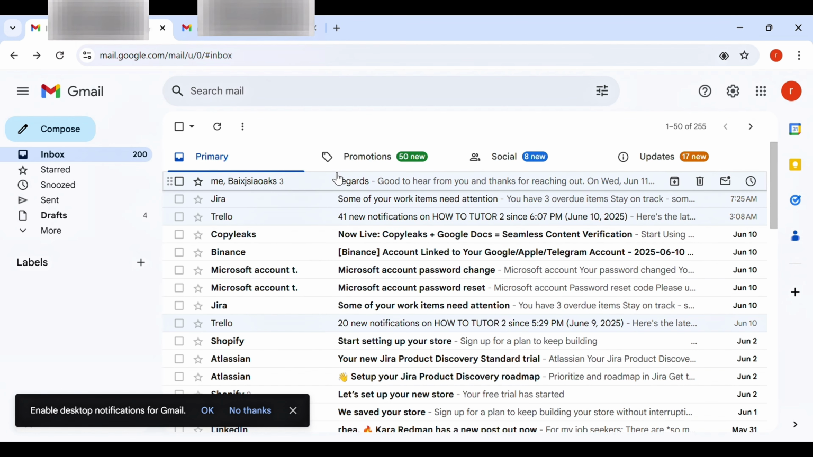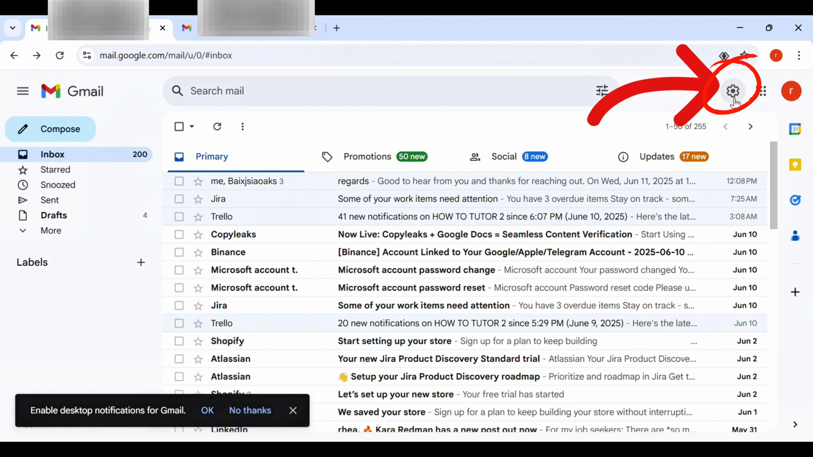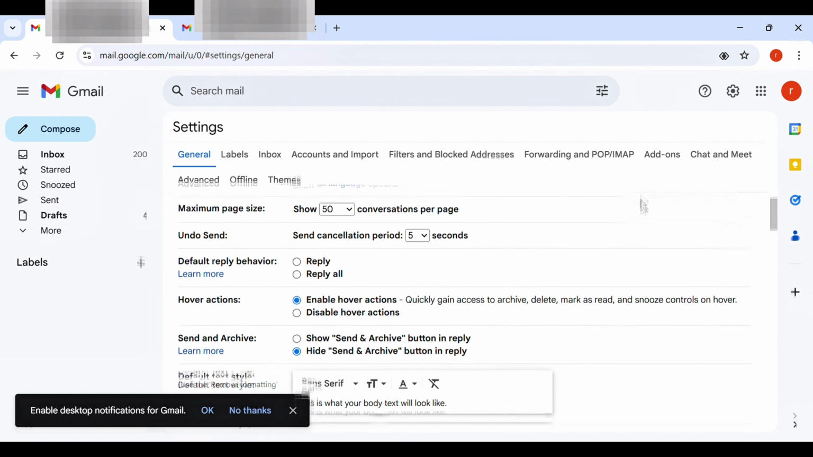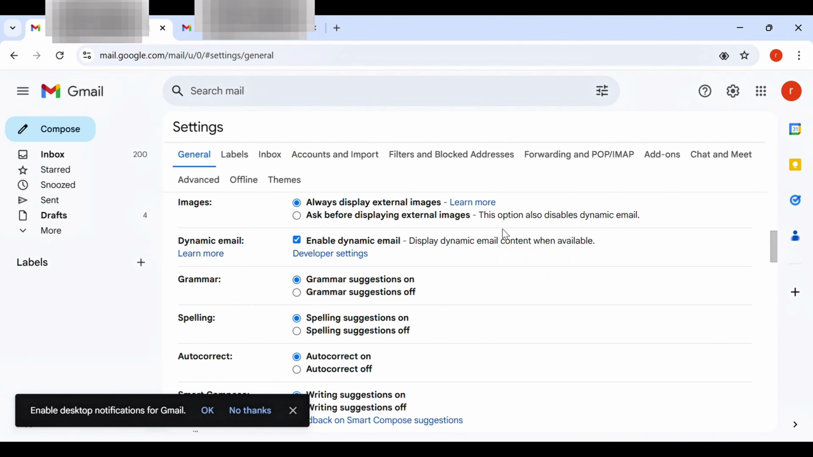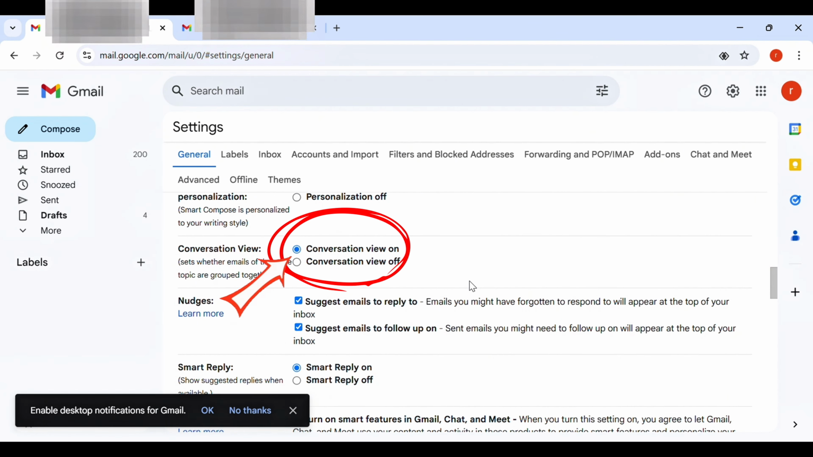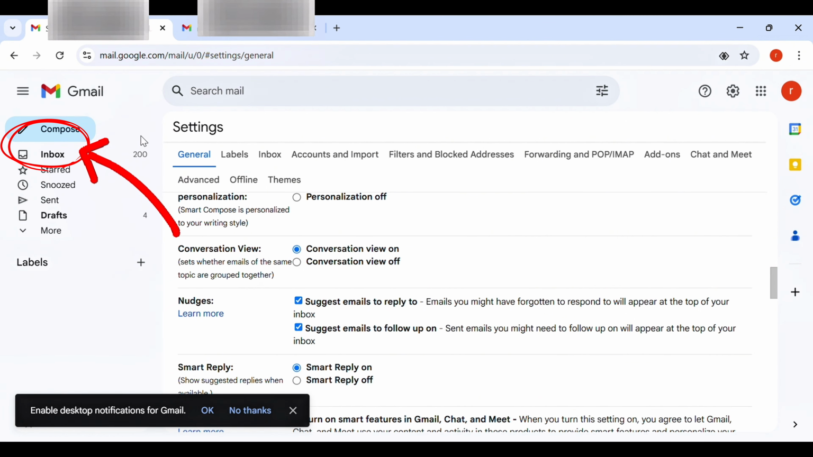At the top right corner of your screen, click Settings, then select See All Settings, scroll down and find Conversation View. Make sure Conversation View On is selected. This setting allows multiple emails in the same thread to be grouped together, which is necessary to forward an entire conversation at once. Next, go back to your inbox